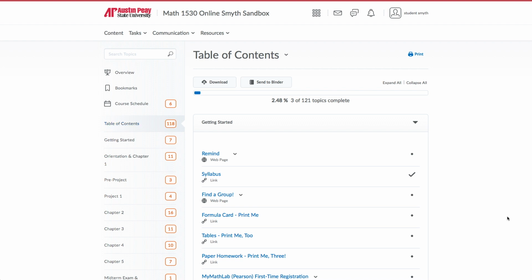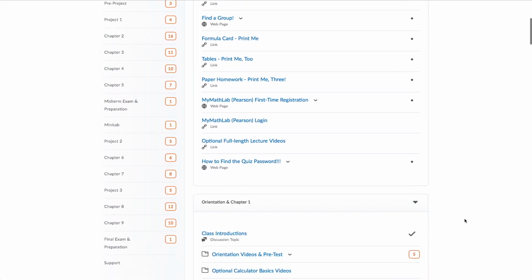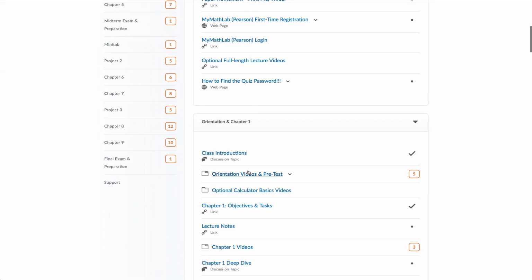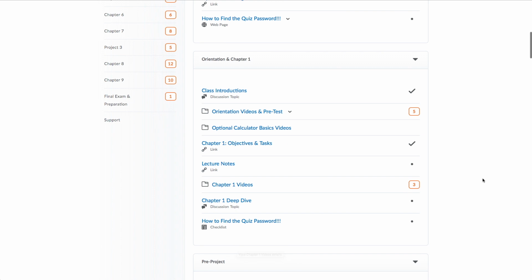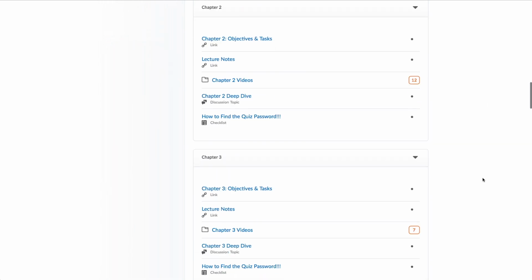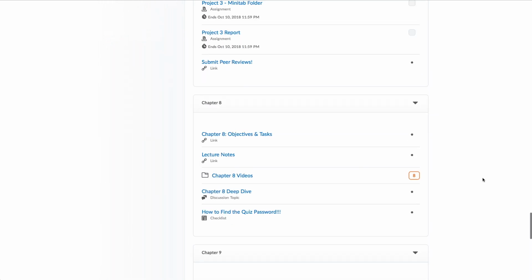Now, it might not drill down into submodules. There aren't any submodules on getting started, but here you'll see there are 5 items in this area. It doesn't say how many items are in this area, I guess because it's not required. But there are 5 items in this area, several items in this area, and 3 items in this area. So sometimes it won't drill down, but it'll certainly show you an overview, a very large overview of